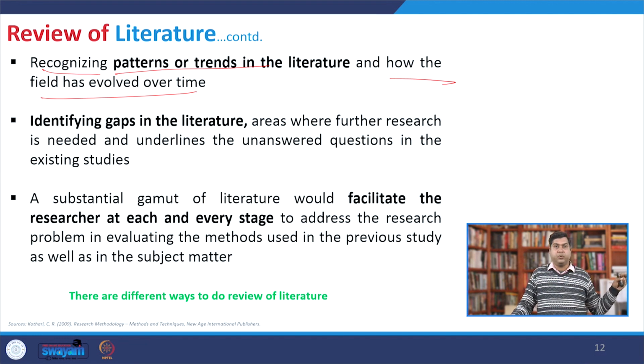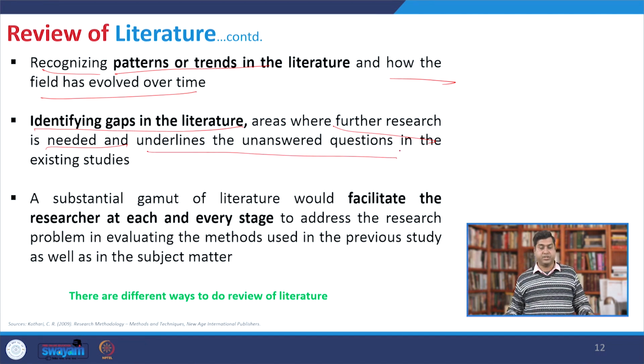If we find that it is a new thing in the market and people are now investigating it, then you can make a call. If you find that this is already exhausted, things are established, there is no further research going on, and after a certain time the research on that area stopped, then we have to find out the reason why. Is it that the new area is not required, or it is already working fine? Like that you can find out the reason. After that you identify the gap in literature where further research is required,